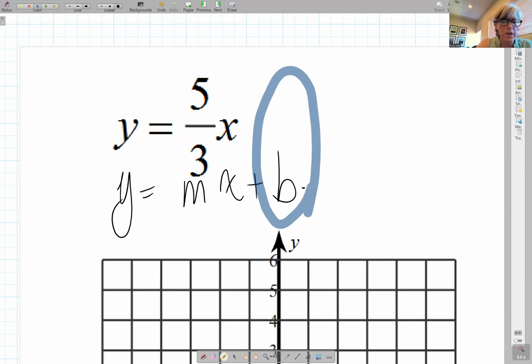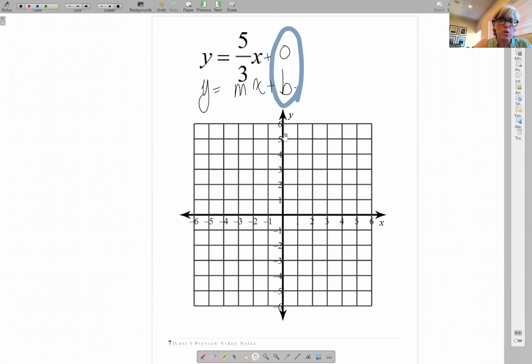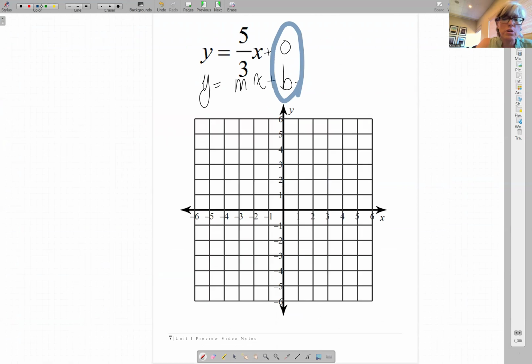If there's nothing there, then technically what's going on is this is plus 0. So that means your intercept there is 0. So we are going to start at 0, 0. And our slope is 5 over 3